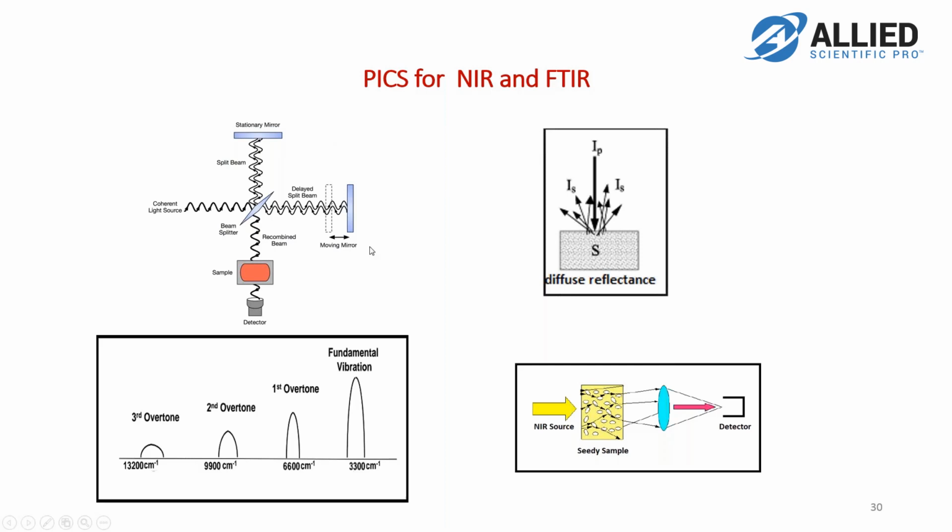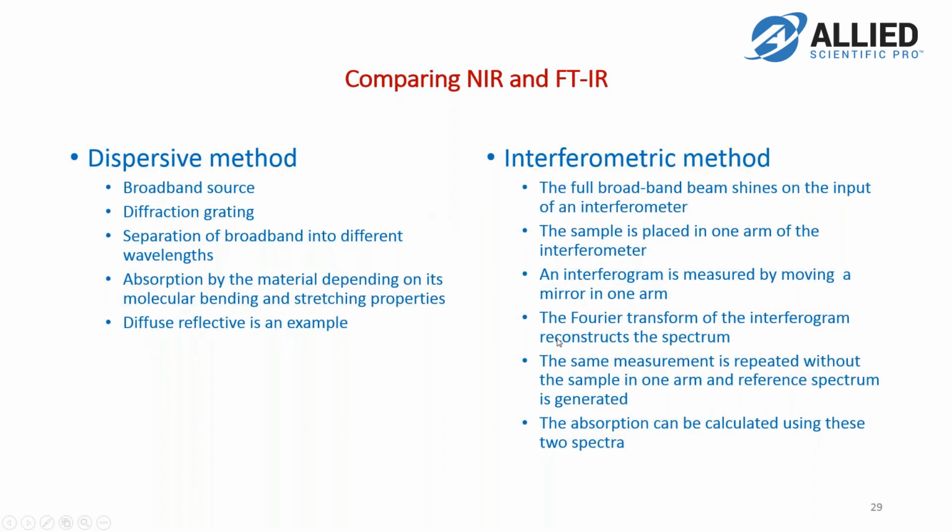One mirror is stationary, the other is moving, and the light goes through the sample. Once the mirror is moved, an interferogram is recorded, and the Fourier transform of this interferogram will give you the spectra. So it's very different. You would do the measurement with and without the sample, and then by using these two spectra, you can calculate